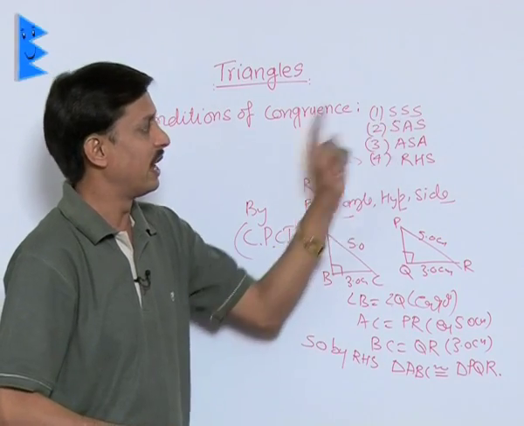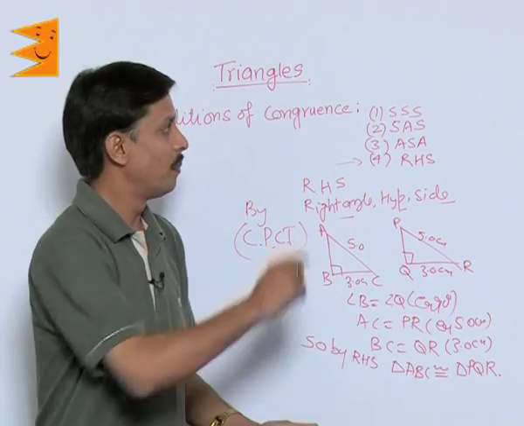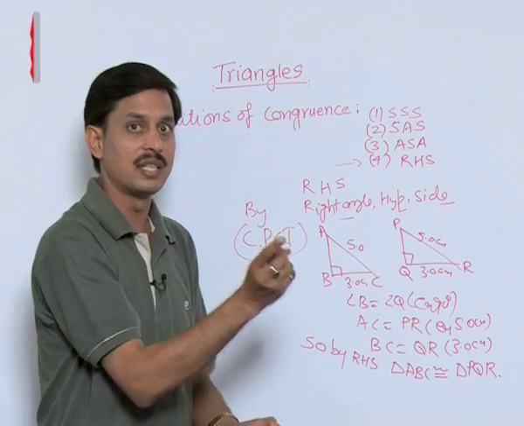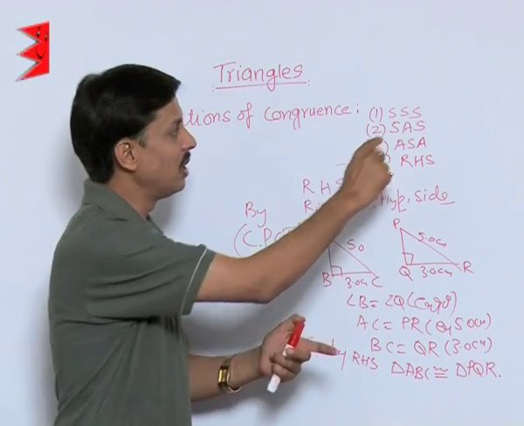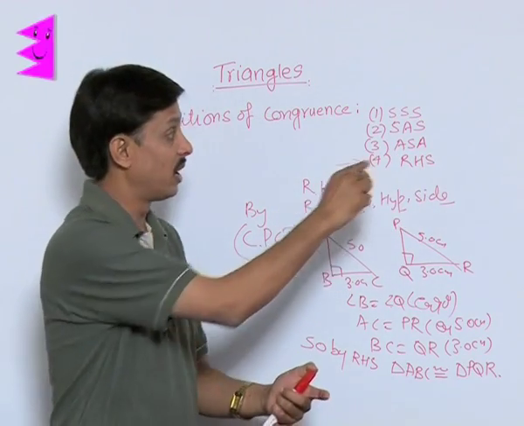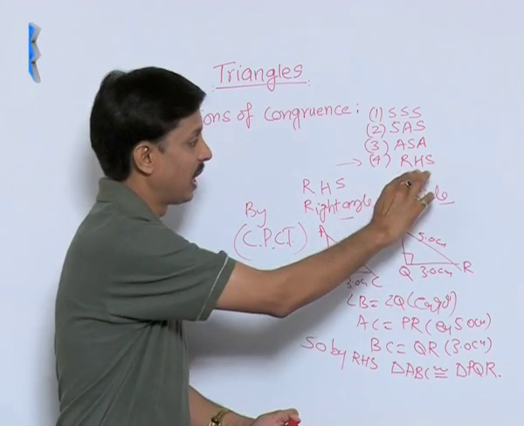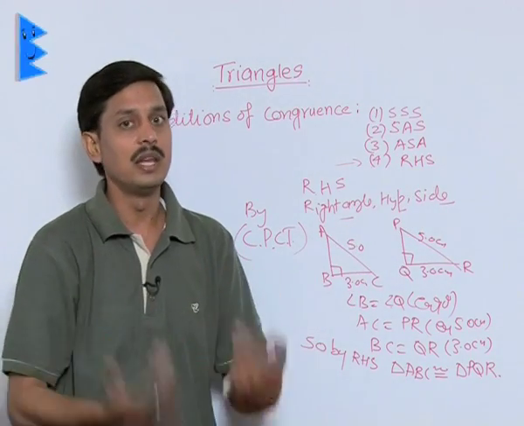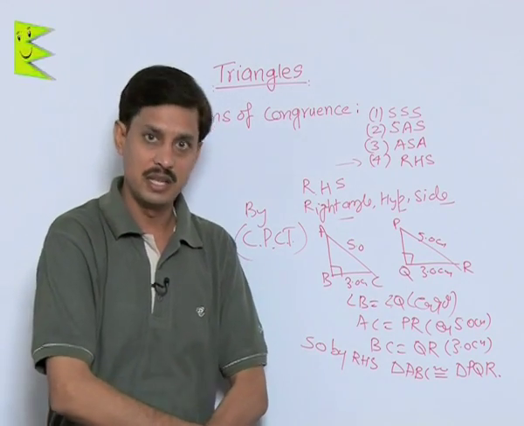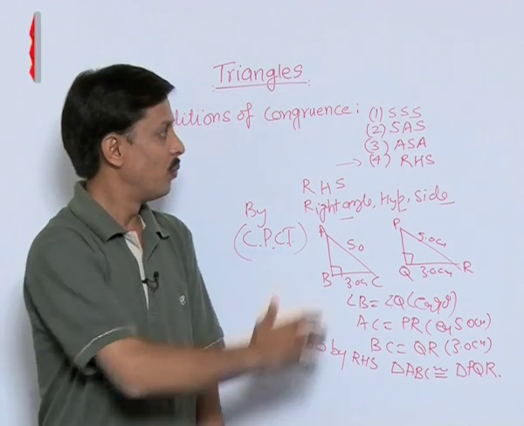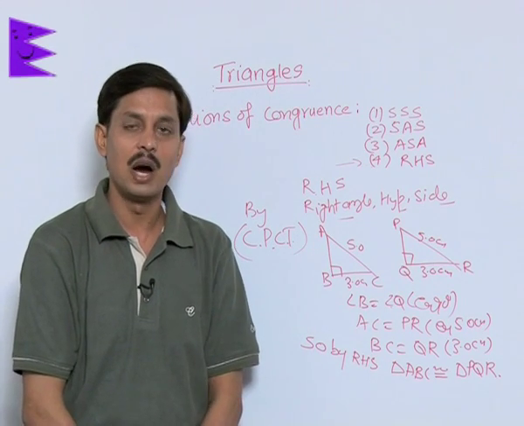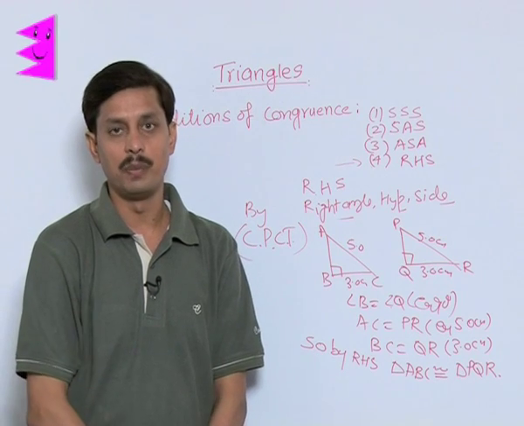Suppose triangles are congruent by SSS, then the remaining three angles are equal by CPCT. If congruent triangles are with the condition SAS, then the third side and two angles of each will be equal by CPCT. If triangles are congruent by ASA, it means that the third angle and remaining two sides are equal by CPCT. If triangles are congruent by RHS, then the remaining three parts, that is two angles and one of the sides of the first, are the same as the second. So this is the important role the four conditions play while you are proving triangles congruent. Now I will explain a few inequality properties of the triangle.